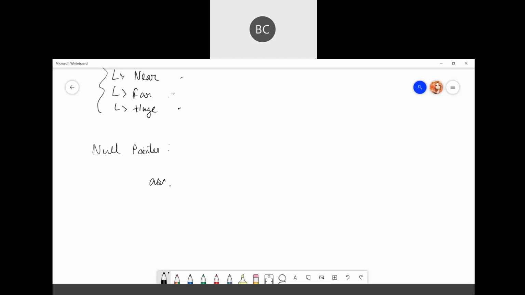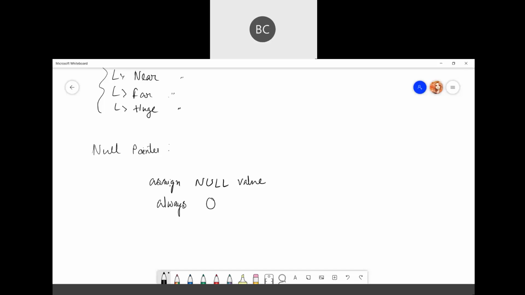So just assign a null value, and it is always 0.